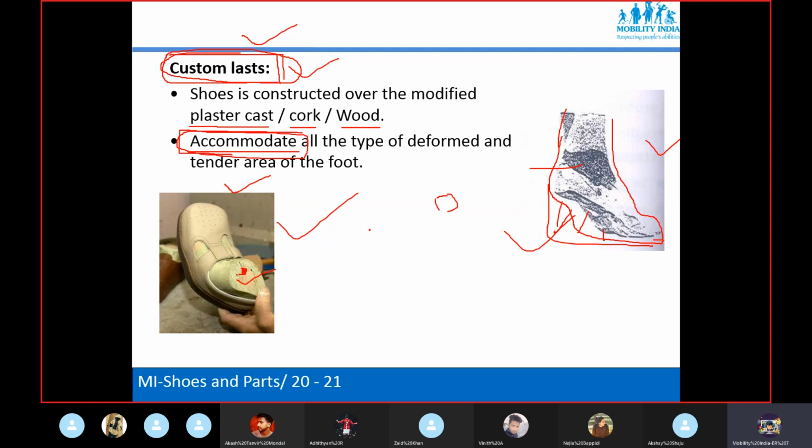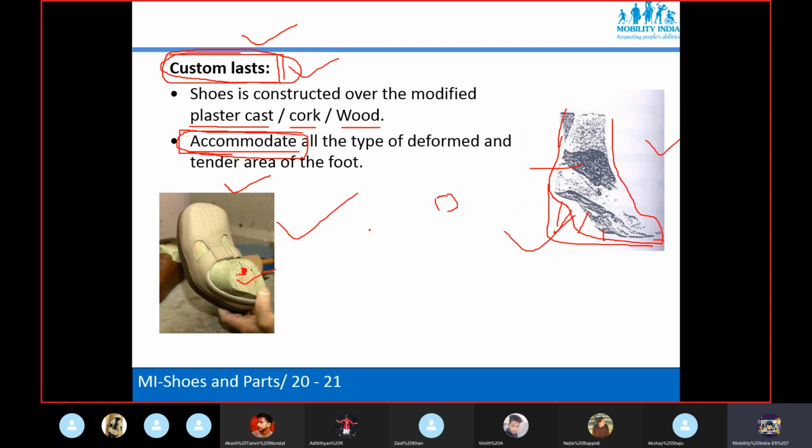Increasing the contact area means a larger base of support. You are going to make the patient more stable and prevent further deformity. Whatever deformity has happened should not increase. It gets stopped there.